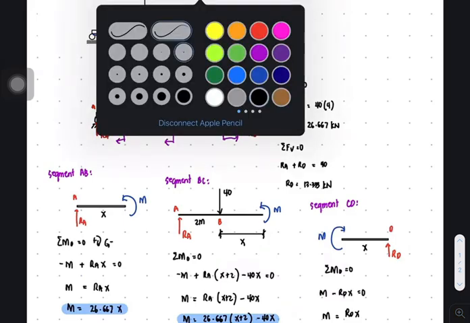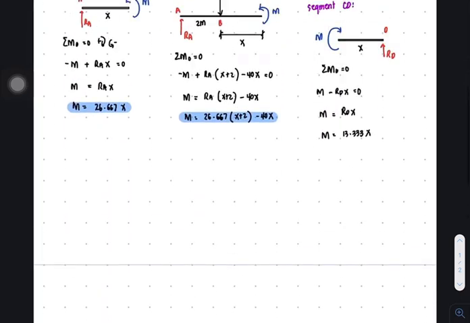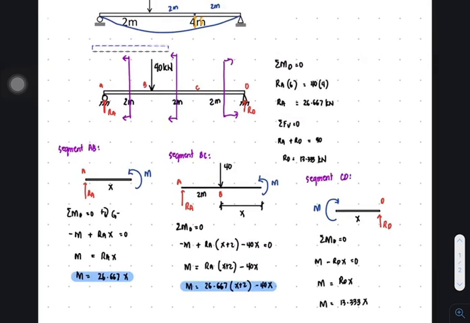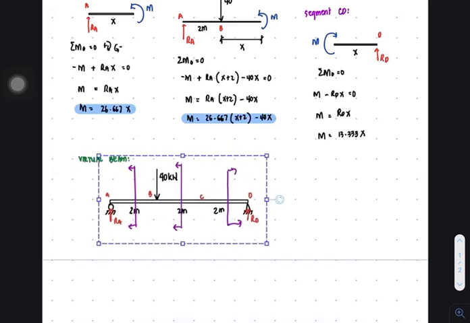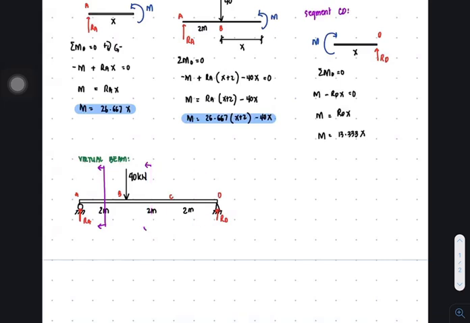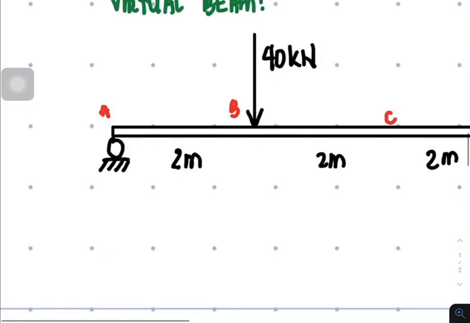draw now the conjugate beam. Virtual beam. So this is for the virtual beam, and let's copy this. Actually, all we have to do is copy the whole beam. So copy the whole beam, but you have to get rid of the original given, but you would still be having the same letters A, B, C until D. Then let's remove the reaction